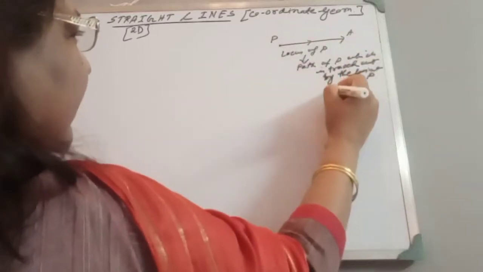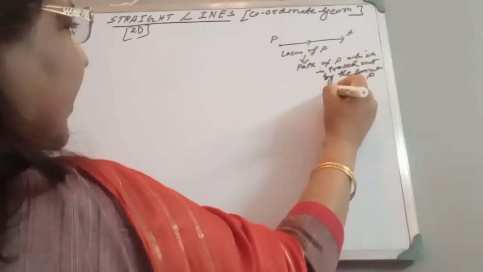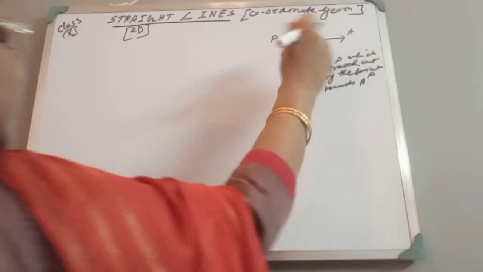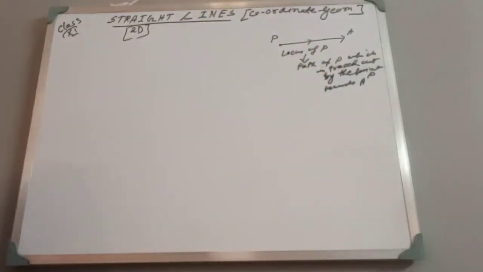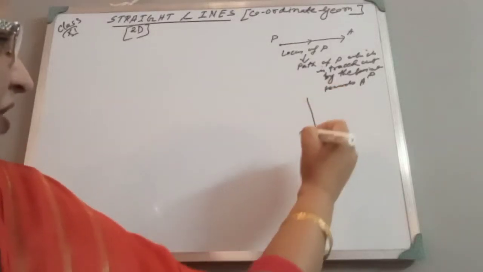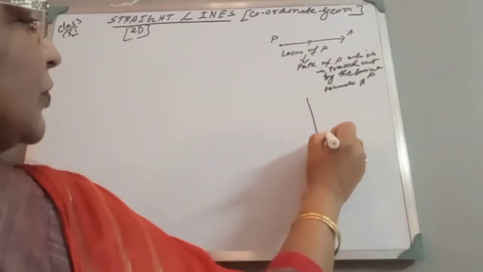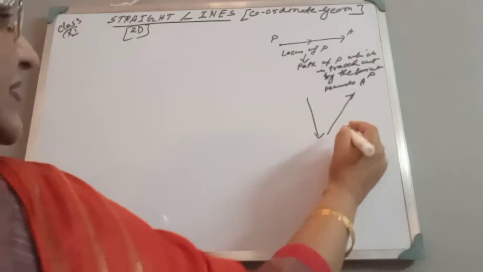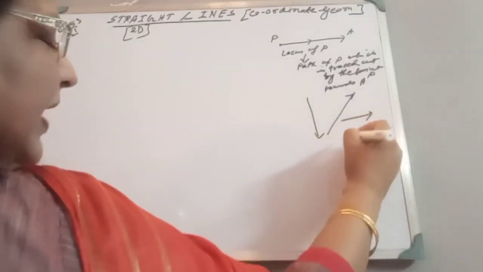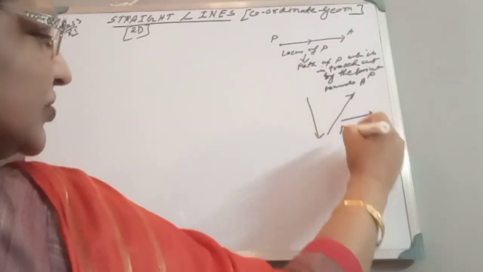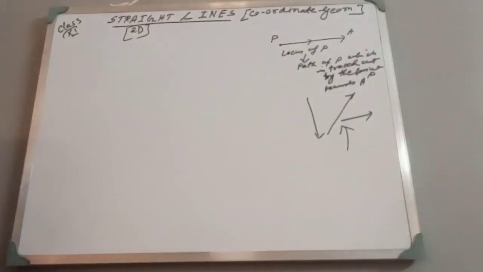Okay, towards A. Direction should be there. This is towards A. So this is known as the straight line. Okay, so if it moves in this direction, then the straight line will be in this direction. If it moves in this direction, the straight line will be this. It moves in this direction, it will be like this. It can move this direction. This is also a straight line. Okay, now